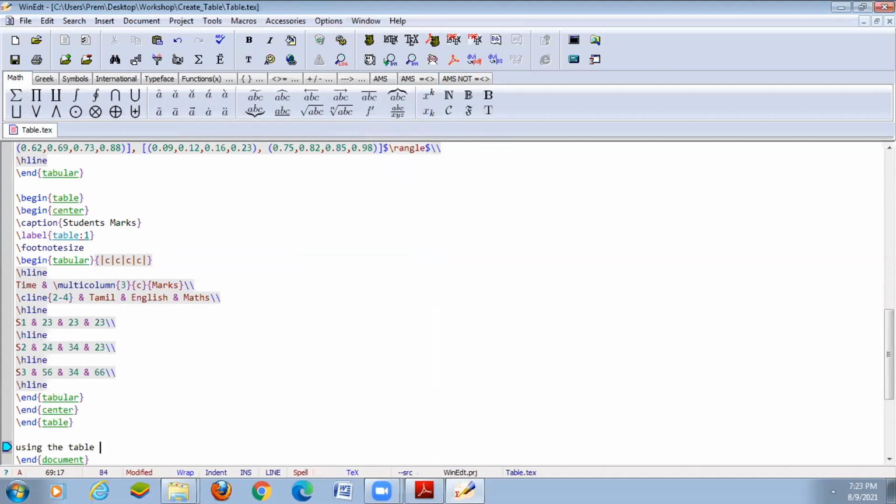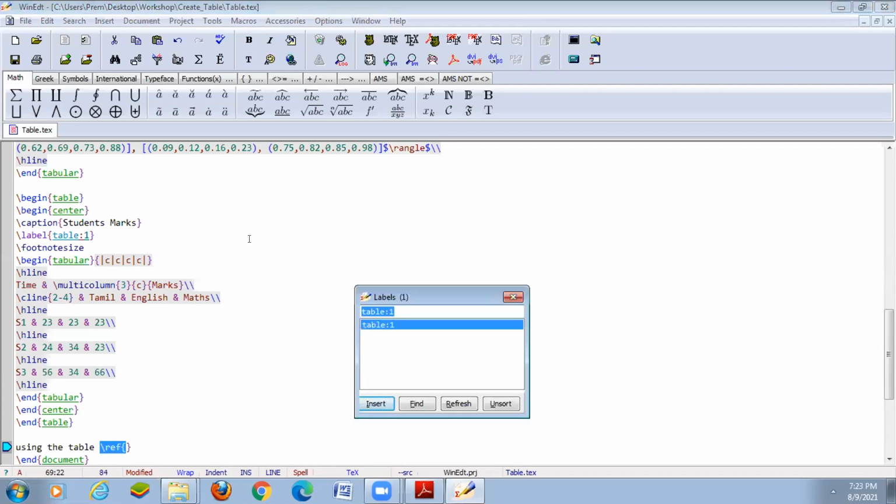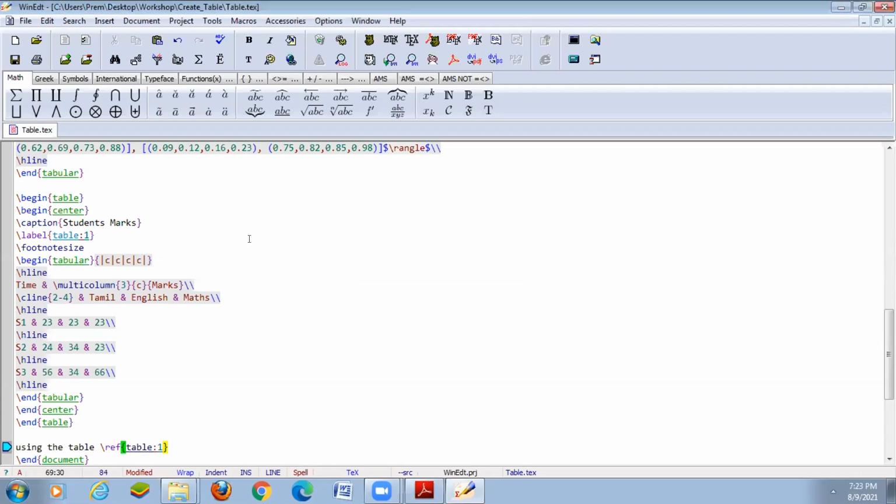So using table 1, suppose you want to type Table 1, you can just use \ref{table 1}. Okay. So automatically the number will be displayed in that line. Okay. So you can just refer to that table. Suppose you have to write a larger paper, you can use this for Table 1, 2, 3, etc.